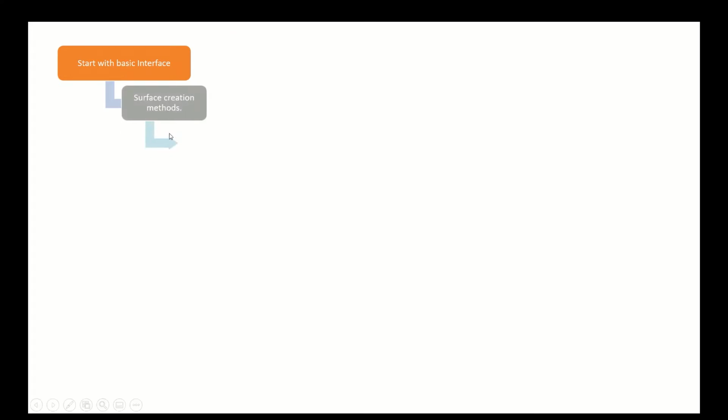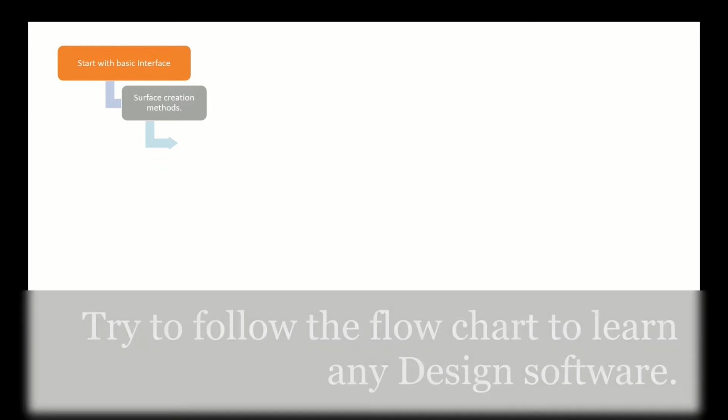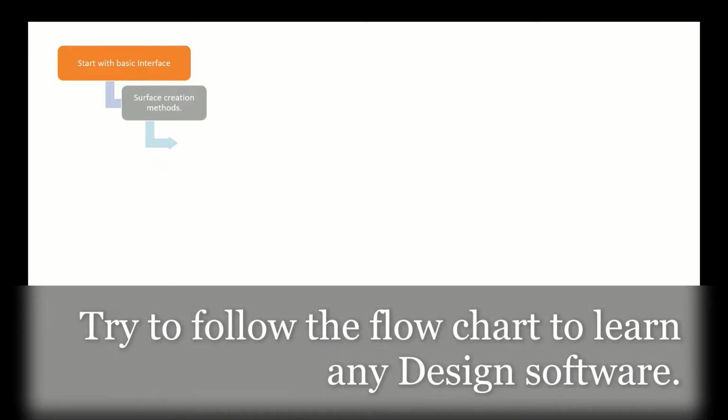In surface creation there are around 4 to 5 methods. The most important methods are using points, Excel data, or AutoCAD data. For both methods, I already prepared a video using the points and Excel data in Civil 3D and OpenRoads. I did a comparison also. I kept some delta terrain to compare both terrains, to see how much difference there is in the two softwares. You can have a look. I will keep the card here.